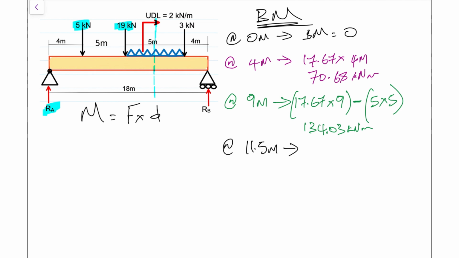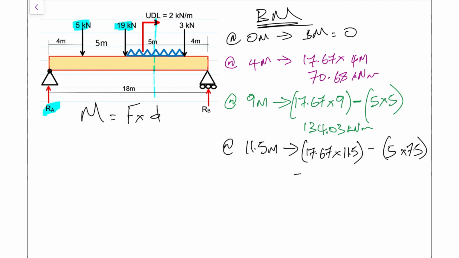So at 11.5 meters, we still have that 17.67, but its full distance now is going to be 11.5. And everything else is now going to try to go the opposite direction. So now we're going to have first that 5 kilonewtons, and its distance now is going to be 5 plus 2.5, which is 7.5. So times 7.5